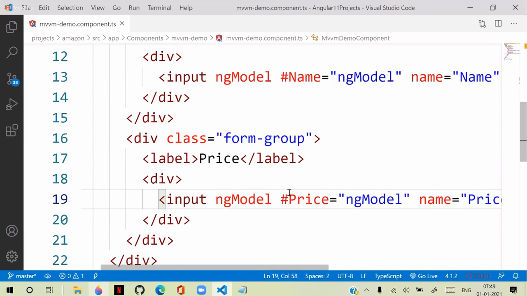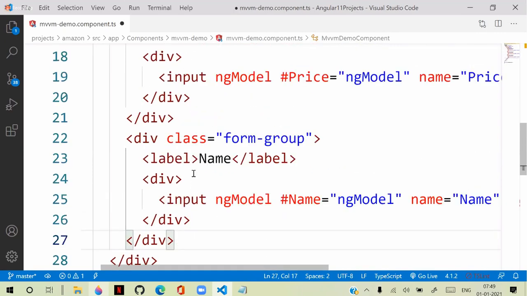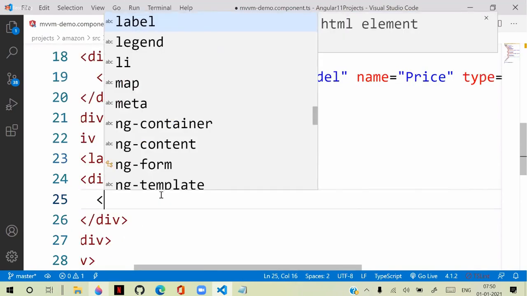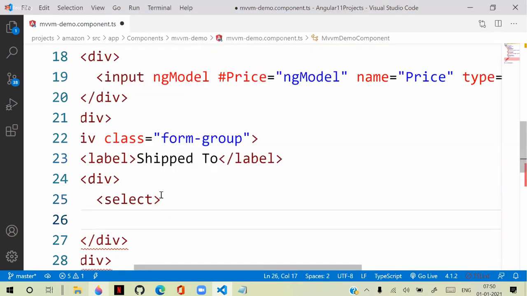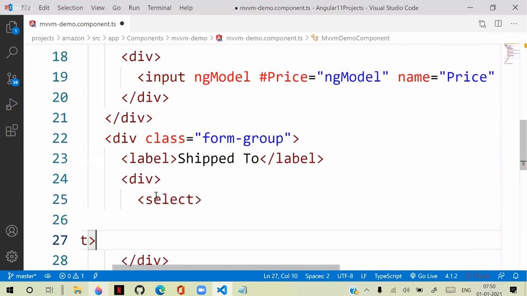So now the reference is name and the reference is price. Similarly, I am adding another one here. So this is shipped to. Here shipped to is a drop down, that means select. So select also same.